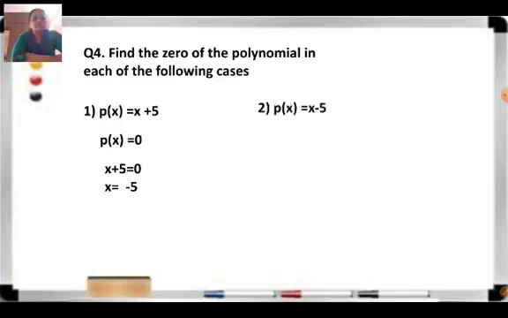Okay. See the next sum. The second one is p of x equal to x minus 5. Now our polynomial is x minus 5. The method will remain the same. We will just consider this p of x as 0 and take it on the left hand side as 0. 0 equal to x minus 5, and find the value of x. So p of x is equal to 0, therefore x minus 5 equal to 0. What are we getting? Minus 5. If you shift it to the right hand side, you will get x is equal to 5. Hope this is clear to all of you, the concept of 0 of a polynomial.